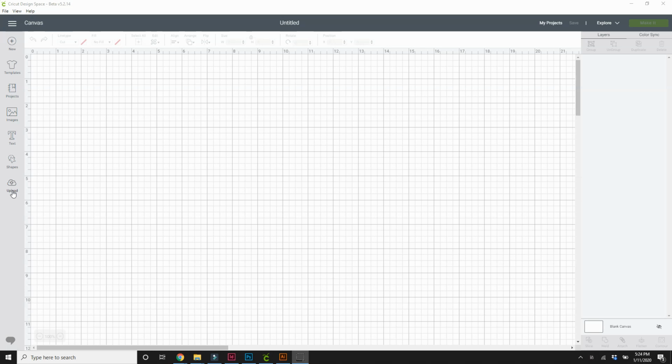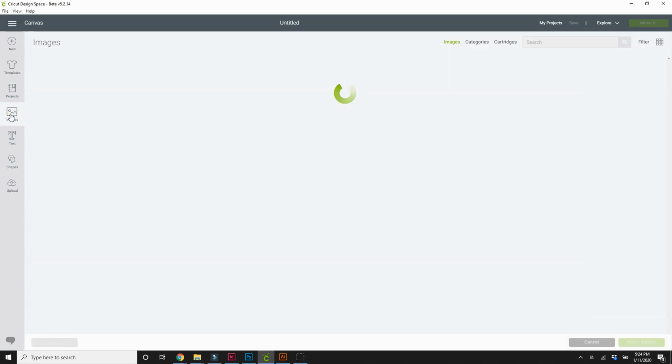For Cricut Design Space, that is not necessarily the case. Most of the time when people use a Cricut, they are importing a graphic from some other software program that they created or that they purchased or that was a freebie, whatever the case may be. You're importing that graphic in. You're not actually building it in Design Space. You can attempt to do that, but